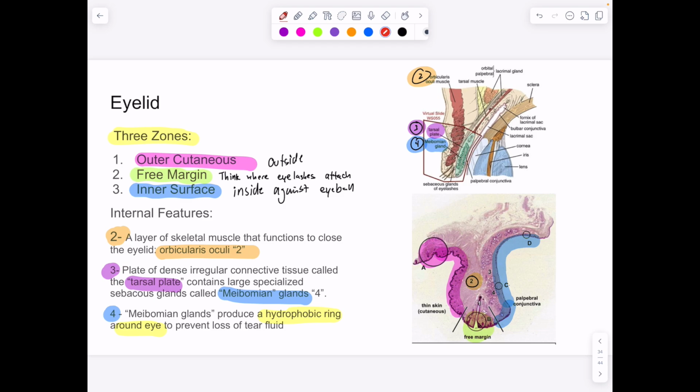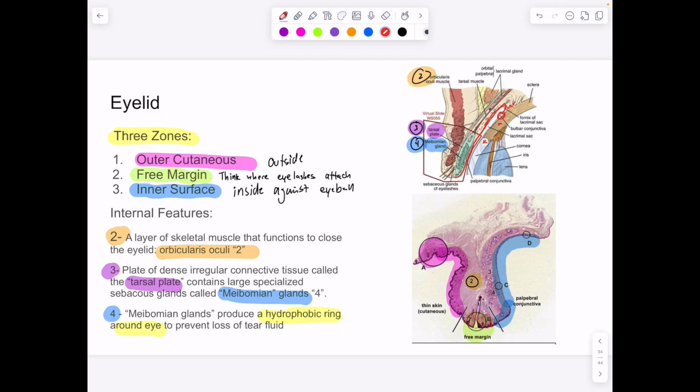Okay, all right, so then the final thing to talk about is the eyelid. We said that we had the bulbar conjunctiva, which continued around and became the eyelid. And so it goes from bulbar conjunctiva coming off of the cornea, and then you have some sclera, and we said there was some loose connective tissue here. It circles around as bulbar, and then it becomes palpebral conjunctiva, and then it becomes